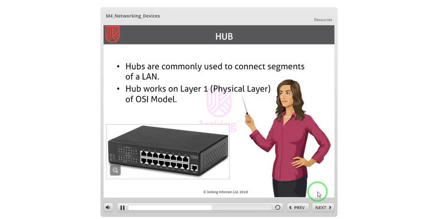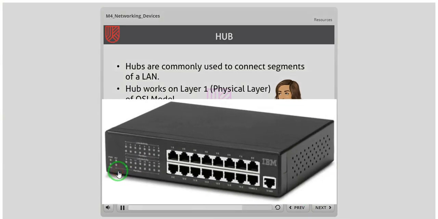If a device is not broadcasting a signal strong enough to be sent by other devices on a network that uses a passive hub, the signal amplification provided by an active hub may allow that device to continue to function on your LAN. Hub also works on layer 1 of the OSI model.